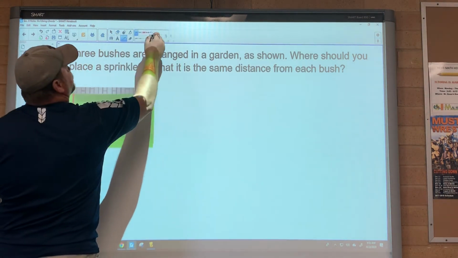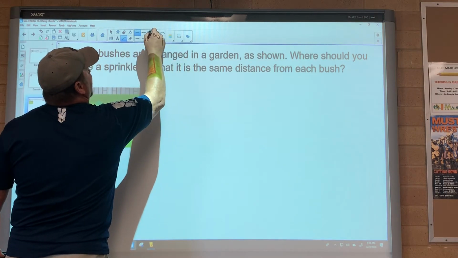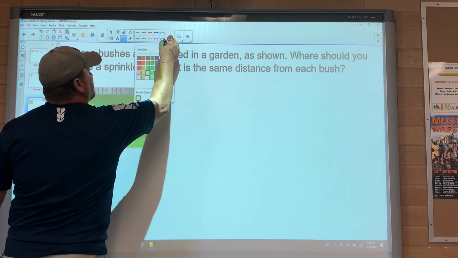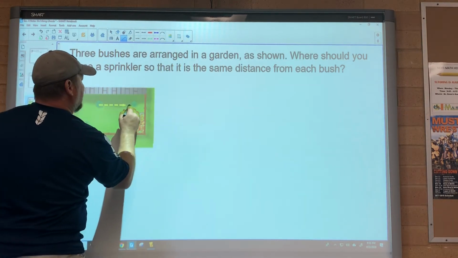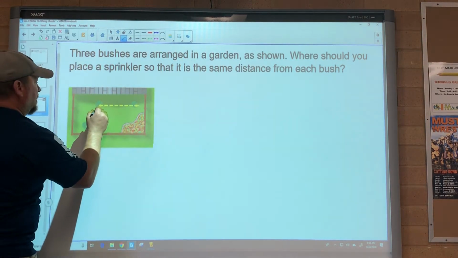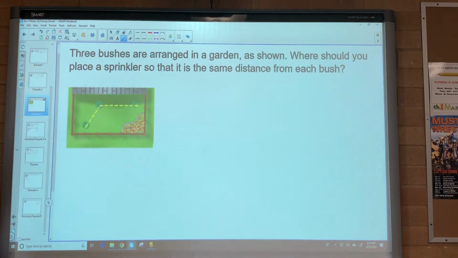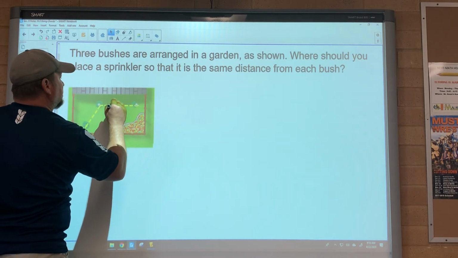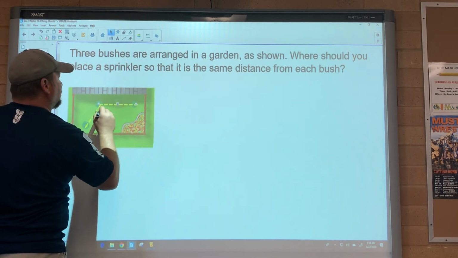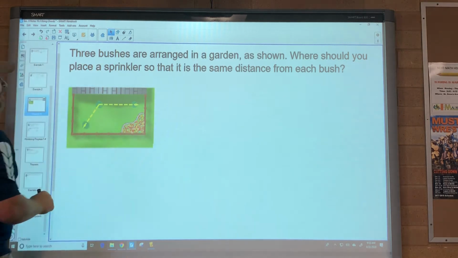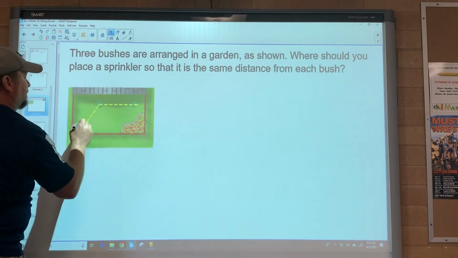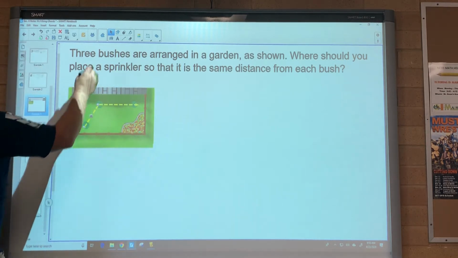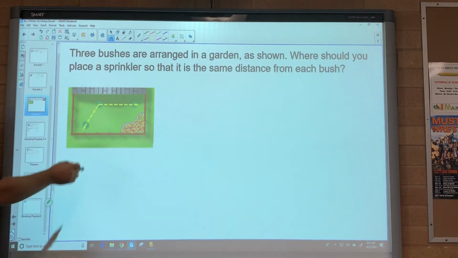So I'm going to draw some lines that might help you. And we'll use dotted lines to help us out. And I'm going to try to use yellow and see if it'll work. Okay. So first thing I do is connect all the bushes. I'm going to try to do them as accurately as possible. Once I've connected all the bushes, going through the center of the bush,